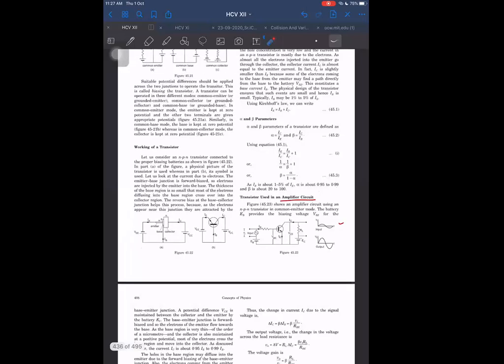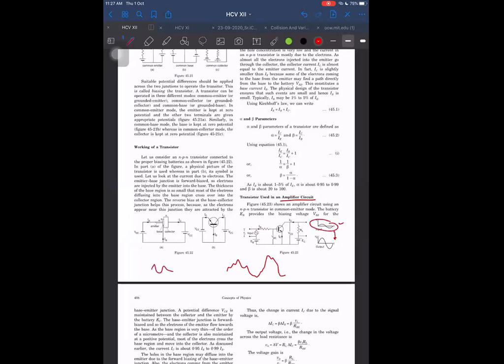How will it amplify? It will amplify once we connect some signal to it. What kind of signal do we have to connect? That signal may be something like this also. It may be something like this. It is not necessarily some sinusoidal wave. What advantage will I get to enlarge the sinusoidal wave and make it large?